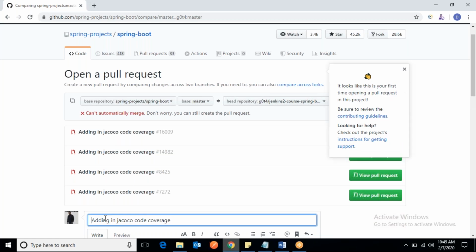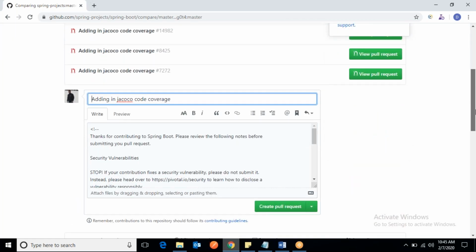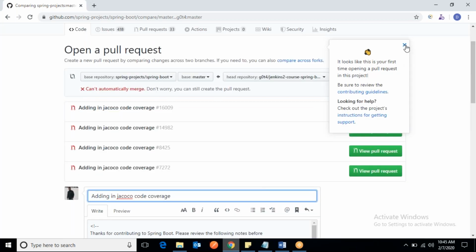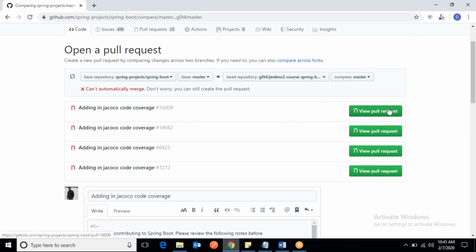I can go here and create it. Whatever changes you have pushed, for that you can create a pull request, and then it will be shown like this. So view pull request. When you create a pull request, it will be notified to everyone.